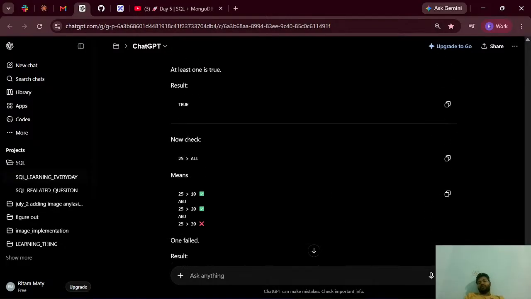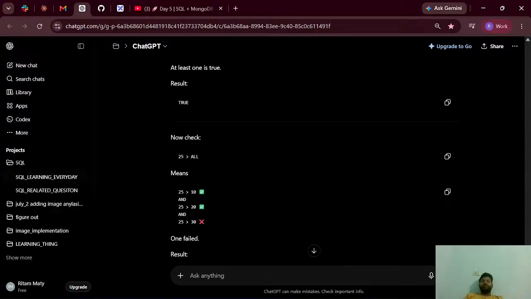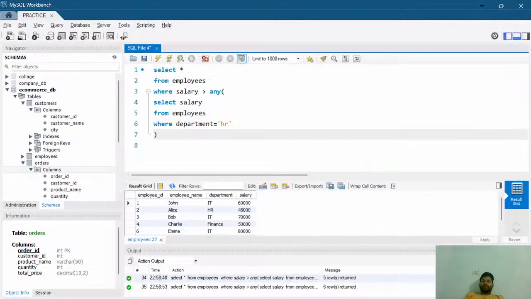Okay, I got it actually. Acha, I got the point. Any says whatever the data is there and your total condition, if any one is true, that means the condition should be true. But if I say all, there's a difference. So the whole condition should be all true. Otherwise, it will have a